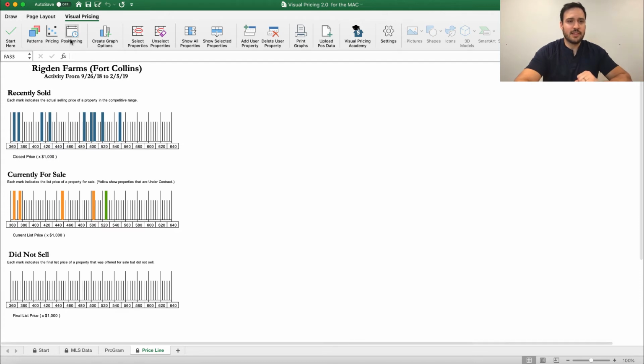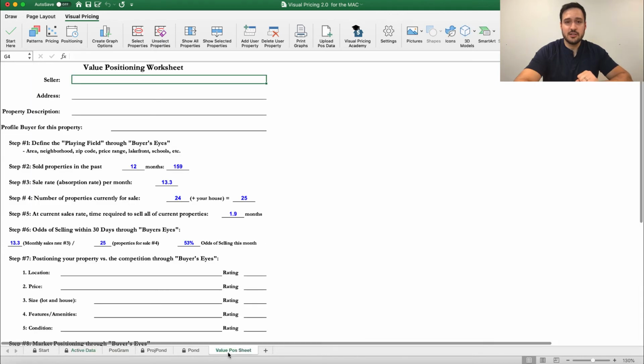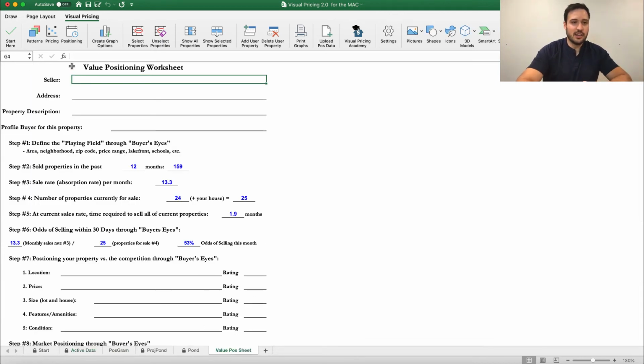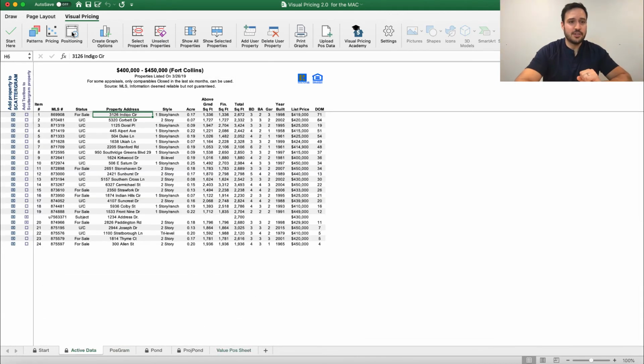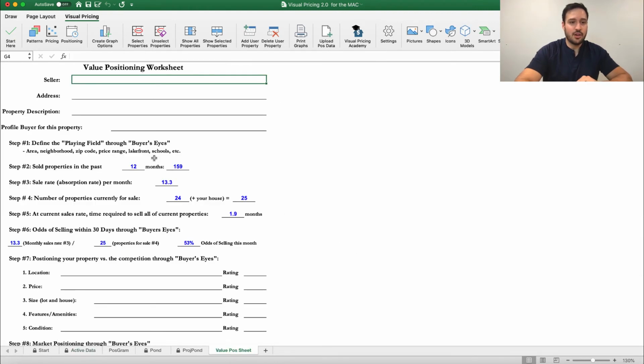The other graph that some people really love using is value positioning for pricing. If you click here, sorry I went a little fast there, positioning on the button on top, and the value positioning sheet down here in the bottom tab, you will find that value positioning worksheet